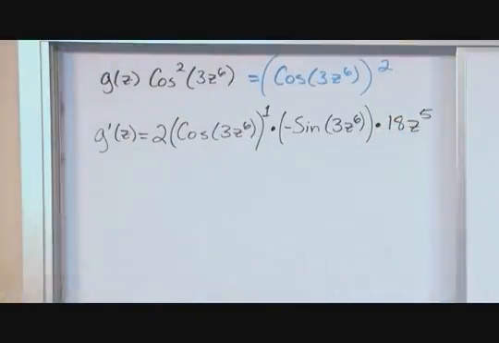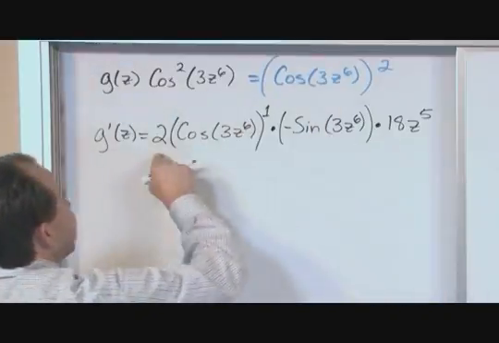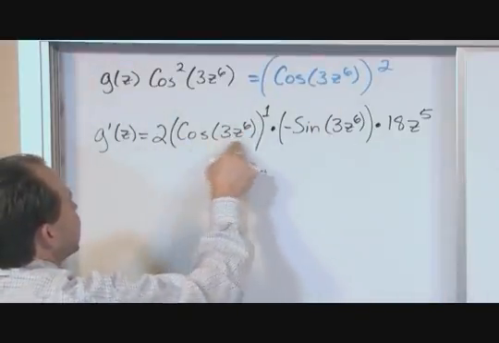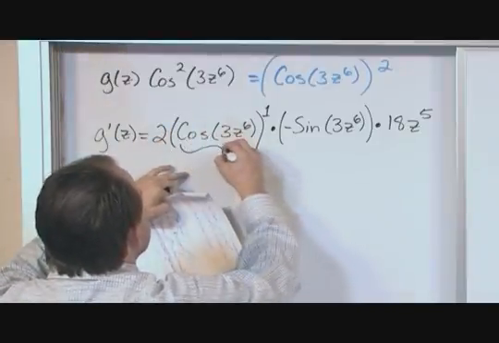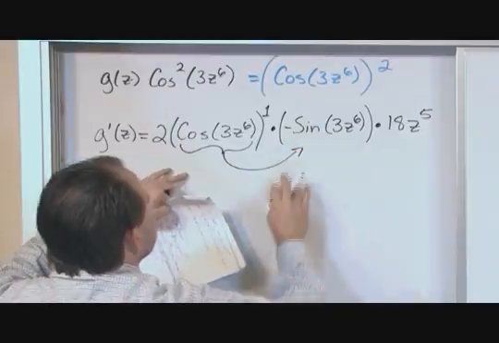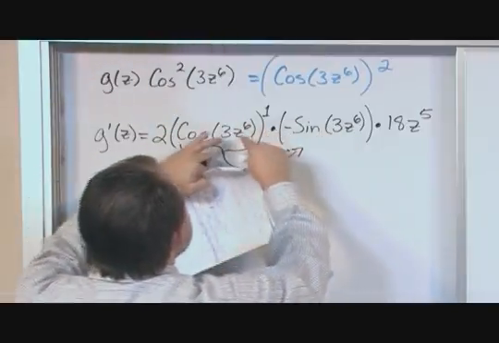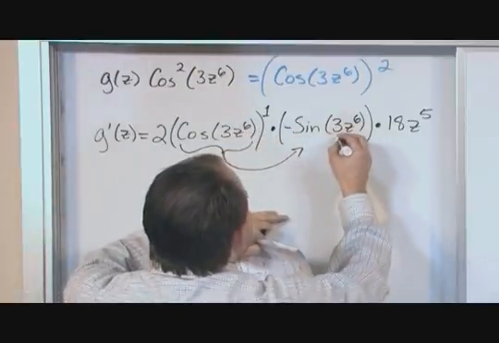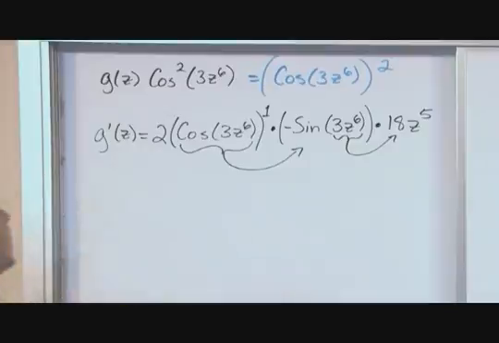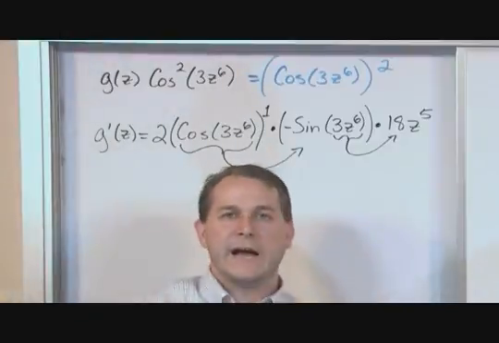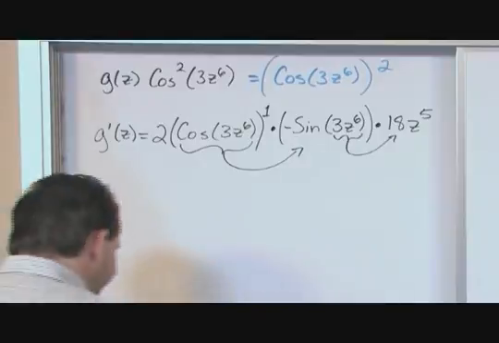Make sure you understand. There's 3 layers here. The outer guy is this exponent. We leave everything the same on the inside. Then we take the derivative of the inside, this guy. That is what this is, all right? So we take the derivative of this, derivative of cosine is negative sine, inside stays the same. But then, for the final step, we have to take the derivative of purely the inside. So we basically keep multiplying in the chain rule, inner and inner and inner, taking derivatives as we go to